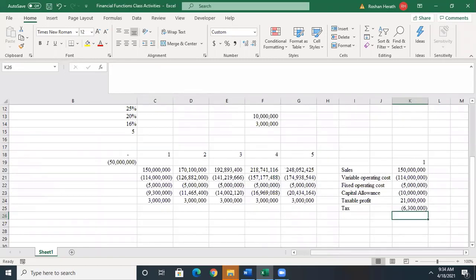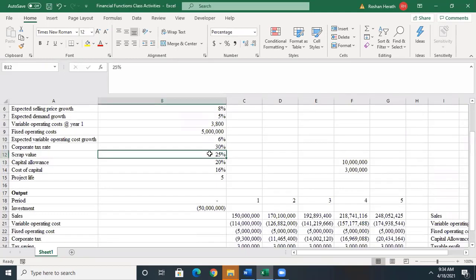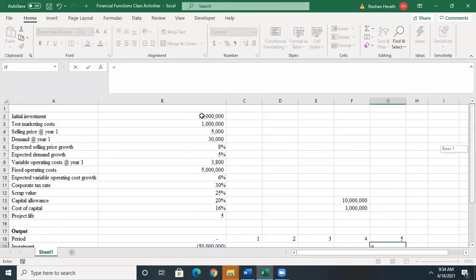Then what else? So we need to consider one more thing. What is that? It's about the scrap value. You can see at the end of the project, you can sell this. At the end of the 5th year, you can sell this particular machinery for 25%. So that is again a kind of cash flow. So therefore, at the end of the project, you can recover